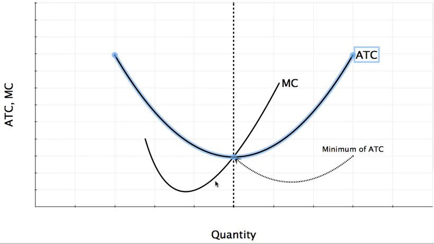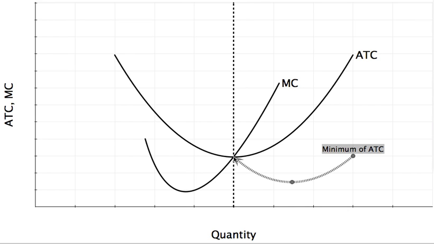Remember what I told you with marginal cost and average total cost, that think of marginal cost as driving the shape of average total cost. Whenever marginal cost is below average total cost, you see average total cost declining. So in this region here, on the left of this dotted line that goes through the minimum of the average total cost curve, because I'm going to explain these two separate regions. When marginal cost is less than average total cost, we see average total cost declining. Then we get to the point where marginal cost intersects the minimum of the average total cost curve,